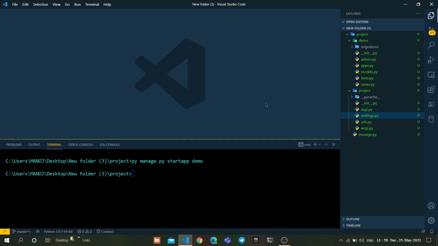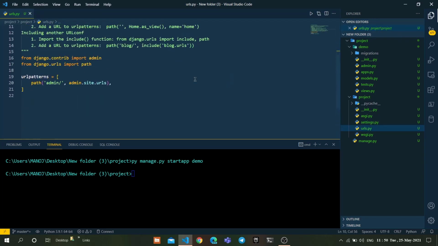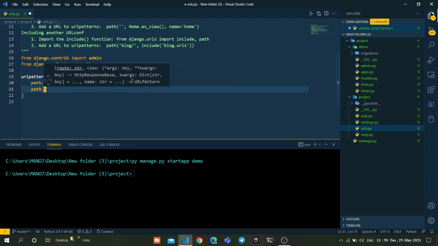After that, go to the urls.py of the project. Here, create a new path 'tinymce/' with a comma.